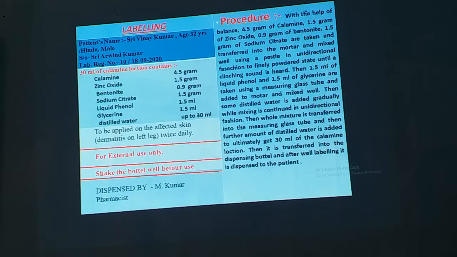With the help of a balance, 4.5 gram of calamine, 1.5 gram of zinc oxide, 0.9 gram of bentonite, 1.5 gram of sodium citrate are taken and transferred into the mortar and mixed well using a pestle in unidirectional fashion